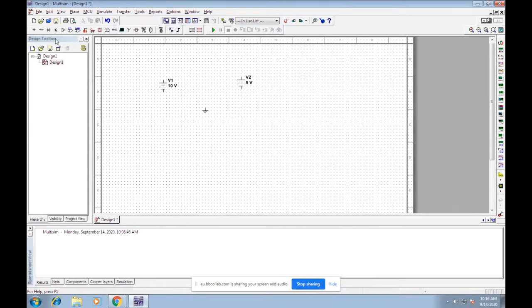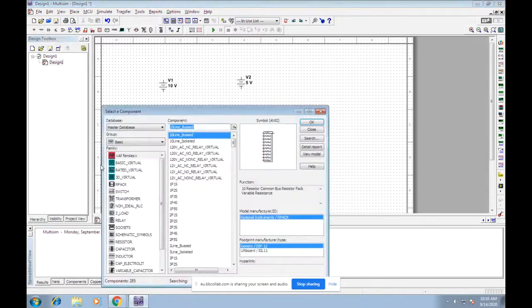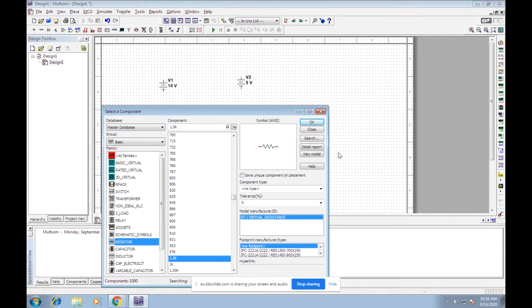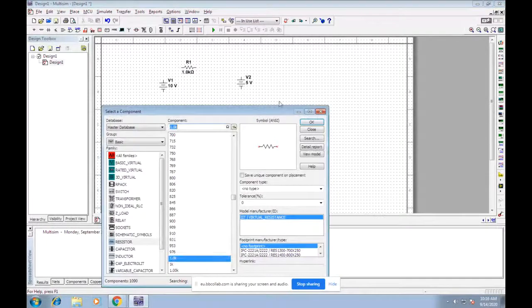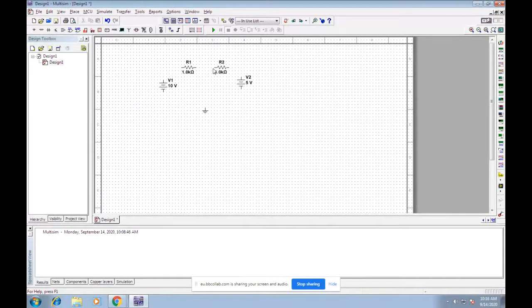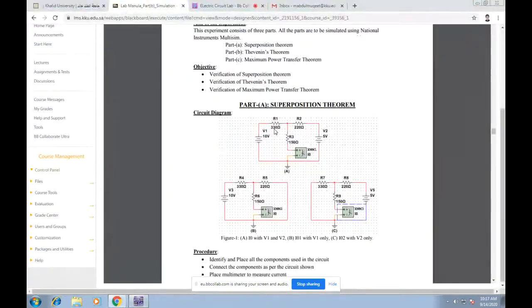And we require a resistor. Resistor is available in Place Basic. So click Place Basic, select the resistor. You can select any value; later on you can change that value by double clicking it. So this is one resistor, click OK. This is another resistor, click OK. This is the third resistor. We require three resistors only. So let us change the values. The value of the first resistor is 330 ohms. The second resistor is 220 ohms. The third resistor is 150.